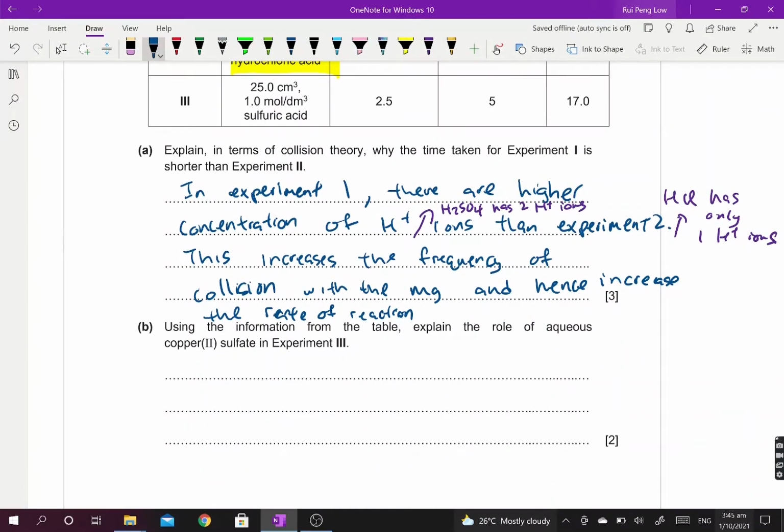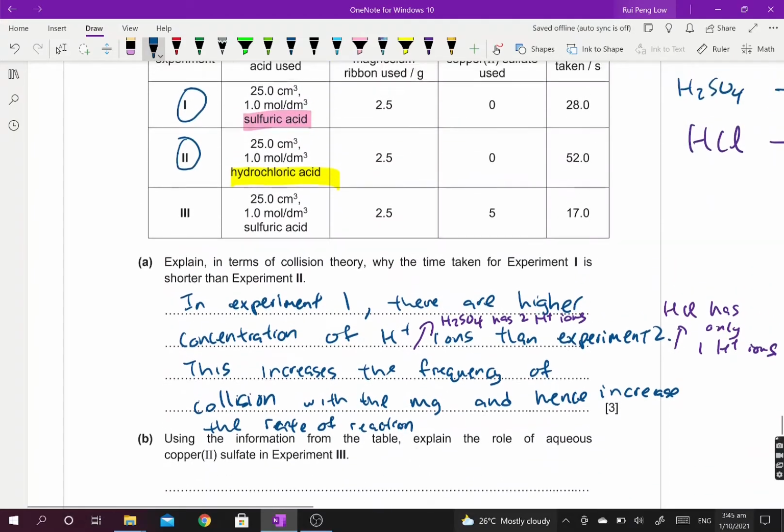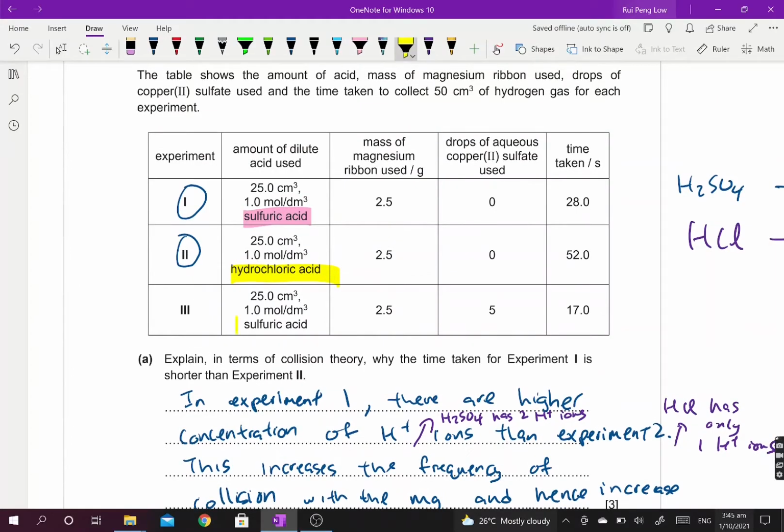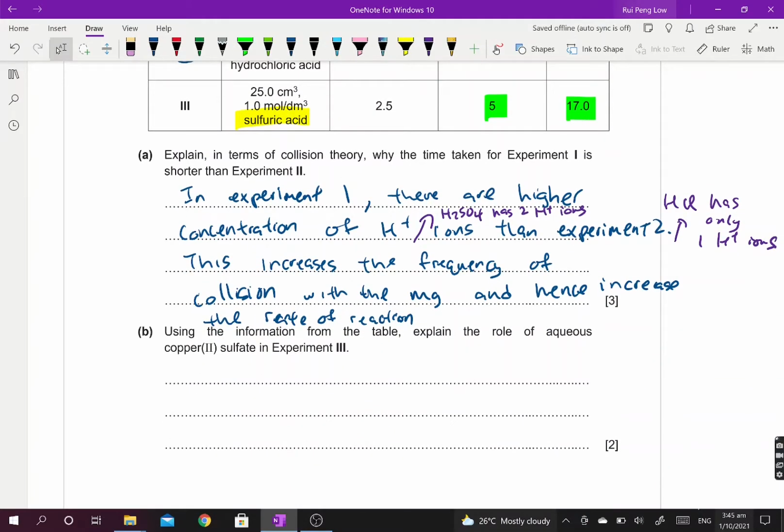Using the information from the table, explain the role of aqueous copper 2 sulfate in experiment 3. So let's spot the difference. We are comparing sulfuric acid with sulfuric acid. Everything the same except for this. So how can the time taken reduce? Very obvious. The only reason that you can think of is CuSO4 acts as a catalyst,